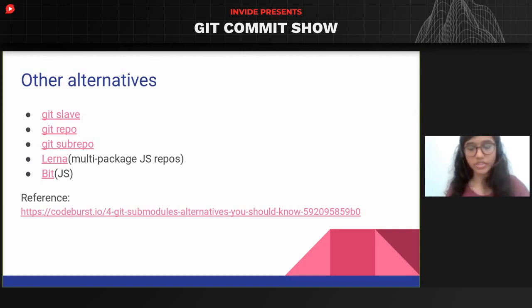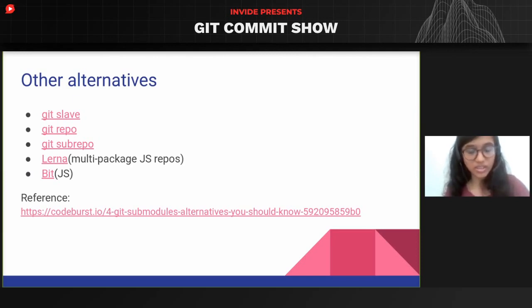So there are other alternatives available. There is Git slave. They might want to change the name right now owing to the Black Lives Matter movement going on on the internet. It is a script for coordinated version control of large projects combining code from various child repositories, or slave repositories as they state. It's a wrapper around Git that manages and merges multiple source code repositories in one go, meaning that your Git command line will be able to control all child repositories from the parent repository itself.